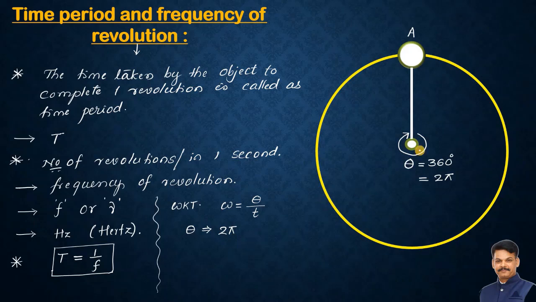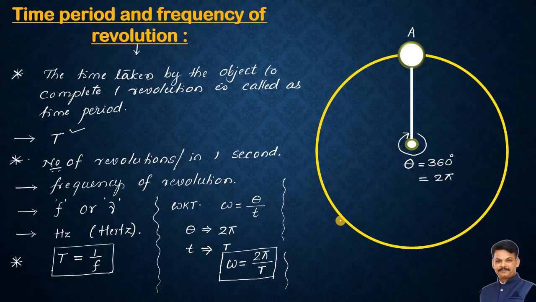Then what about the time taken for making this one rotation? That time taken is the time period or period of revolution, and hence I can write t is equal to capital T. If we make these two substitutions in the angular velocity formula, then angular velocity can be given as omega is equal to 2 pi divided by capital T. So you must note this small equation. You must remember this small equation.